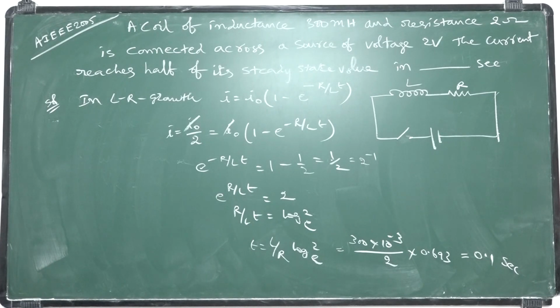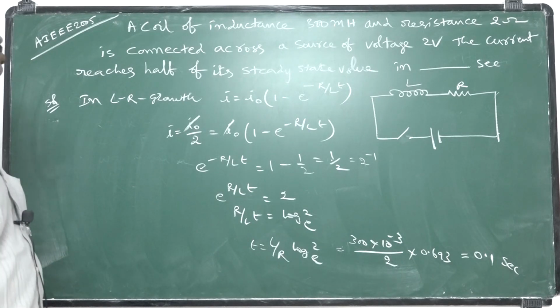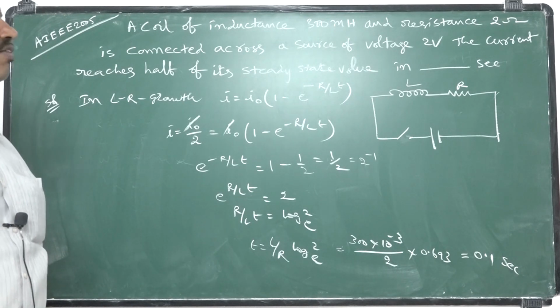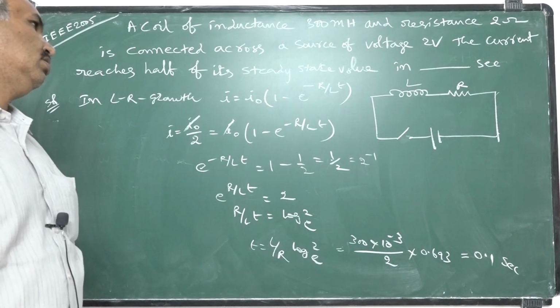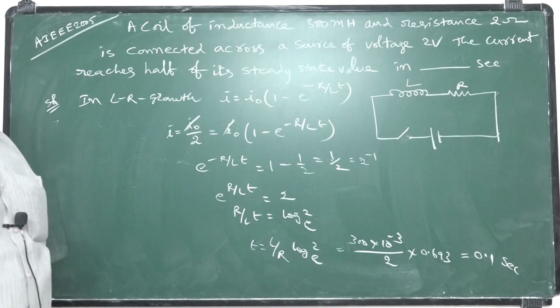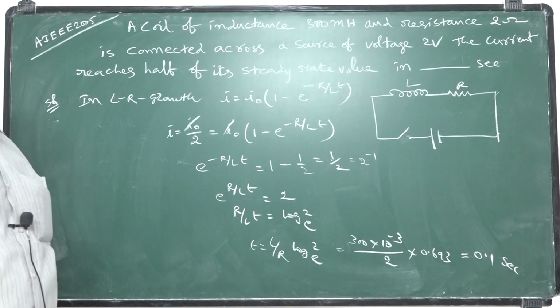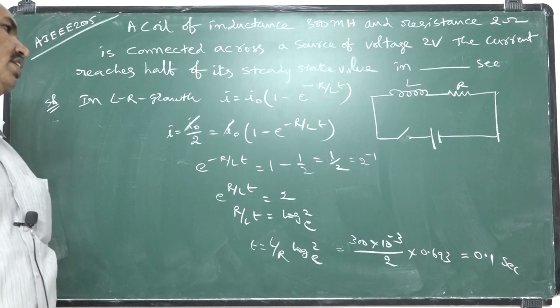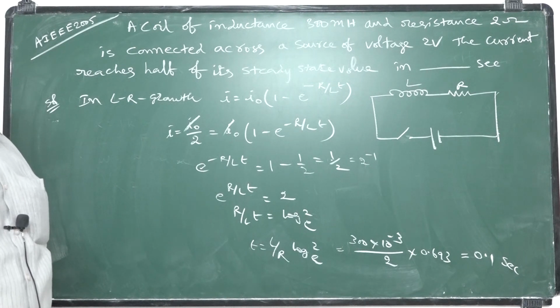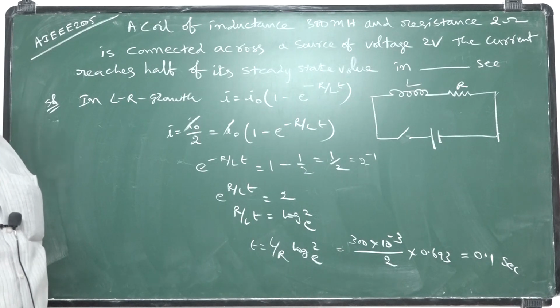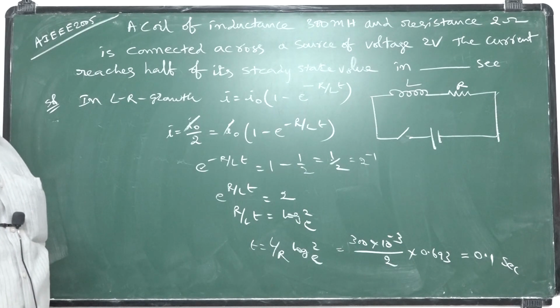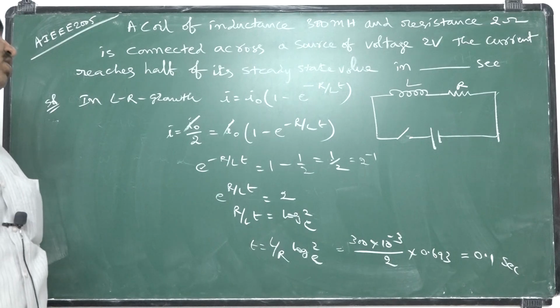Very simple solution. So while discussing the previous competitive questions, they are giving questions related to inductor, resistor and capacitor connected to AC source, sometimes DC source. In case of DC source, you should apply growth and decay concept. In case of AC source, either resonance concept or other concepts we discussed in alternating currents are to be employed to get the solution.